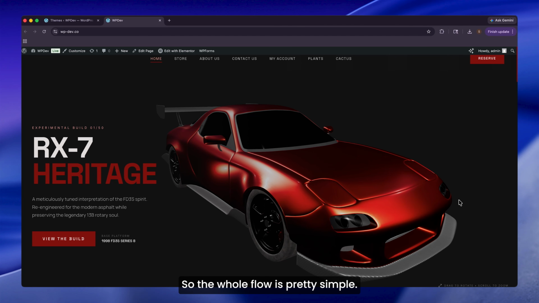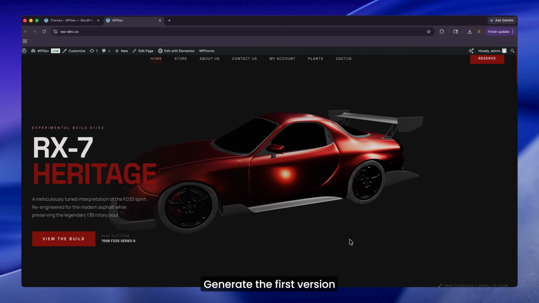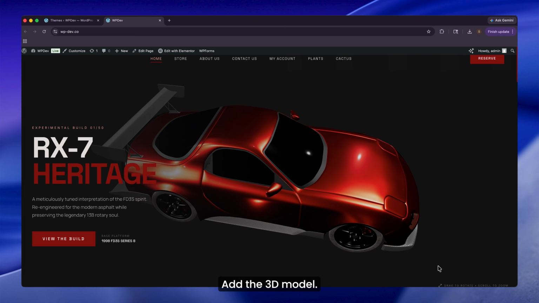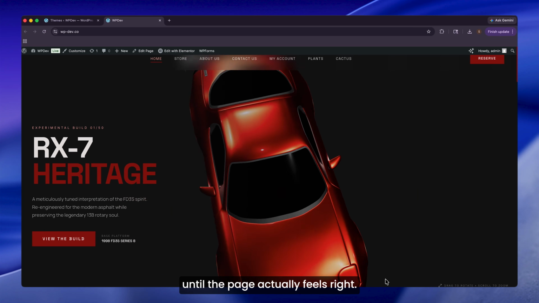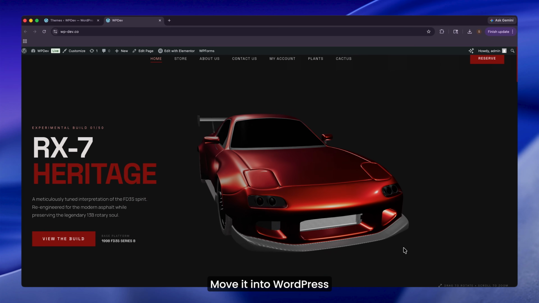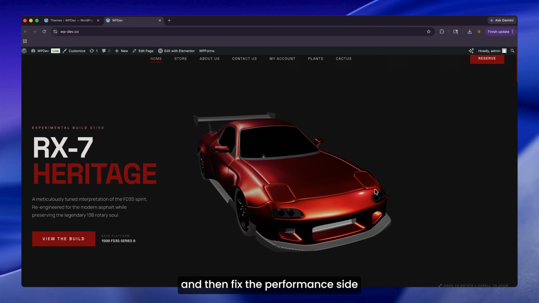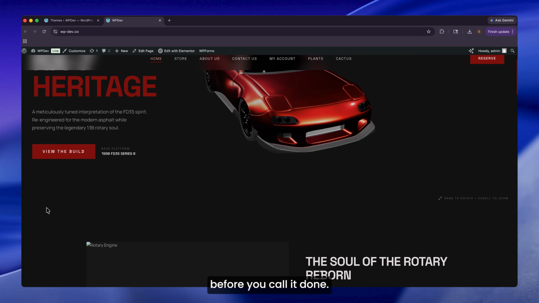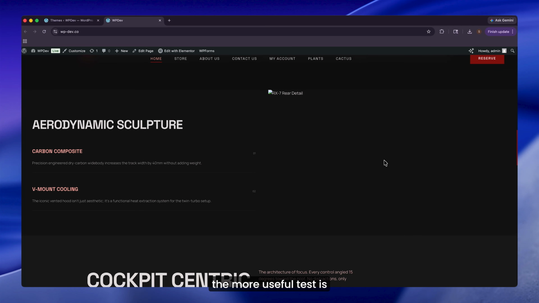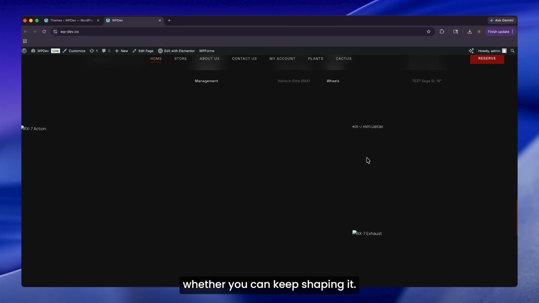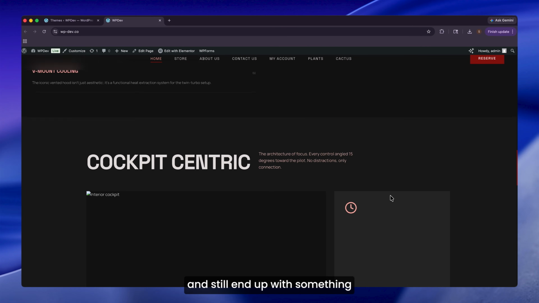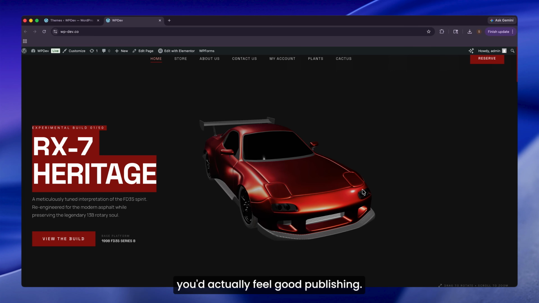So the whole flow is pretty simple. Generate the first version with Claude Code, add the 3D model, keep refining it until the page actually feels right, move it into WordPress, and then fix the performance side before you call it done. And honestly, the more useful test is whether you can keep shaping it, move it into WordPress, and still end up with something you'd actually feel good